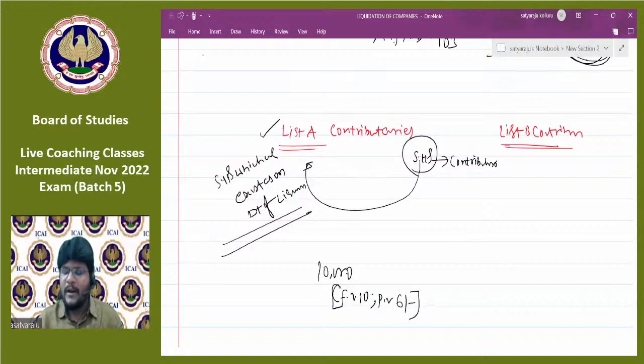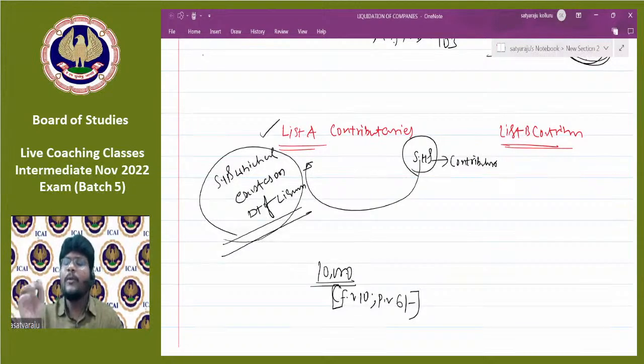Now, during the process of liquidation, if the liquidator does not have sufficient cash to make repayment to the various liability holders, then he has a right to ask call money from these partly paid up equity shareholders. Am I right or wrong? Now, if these partly paid up equity shareholders are unable to contribute money to the liquidator,